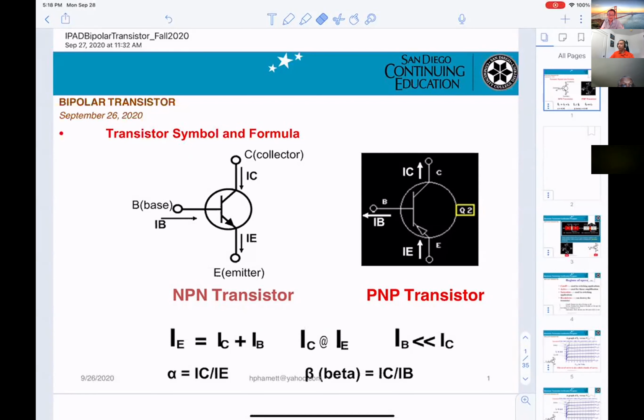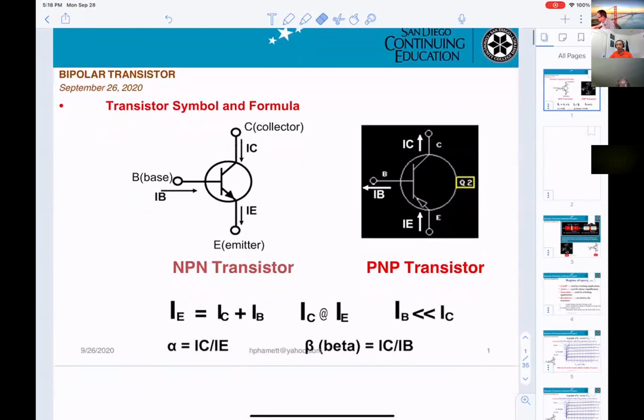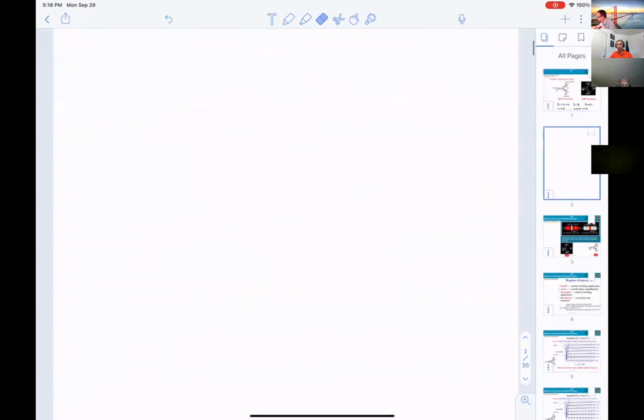And you get just a few formulas. IE equals IC plus IB. If IB is too small, then IC can be equal to IE. Alpha is the ratio between IC and IE, and beta equals IC over IB. Okay? So now, before we start, we need to know